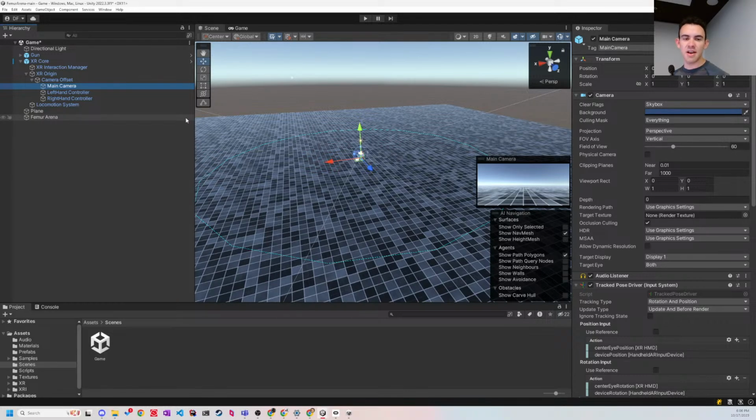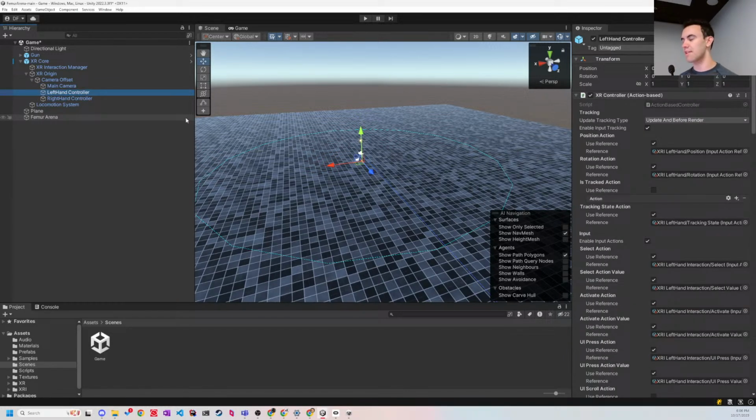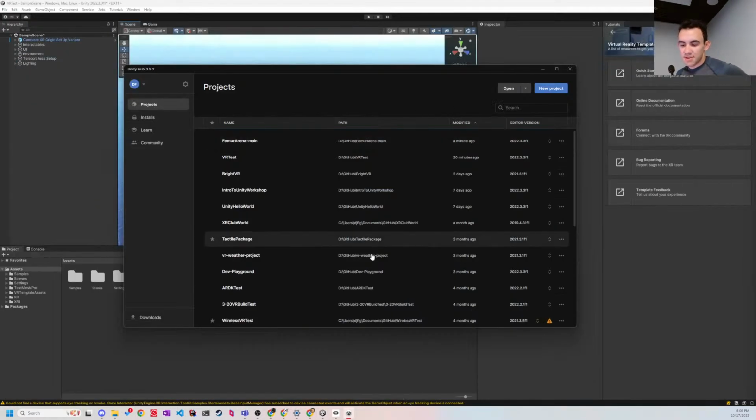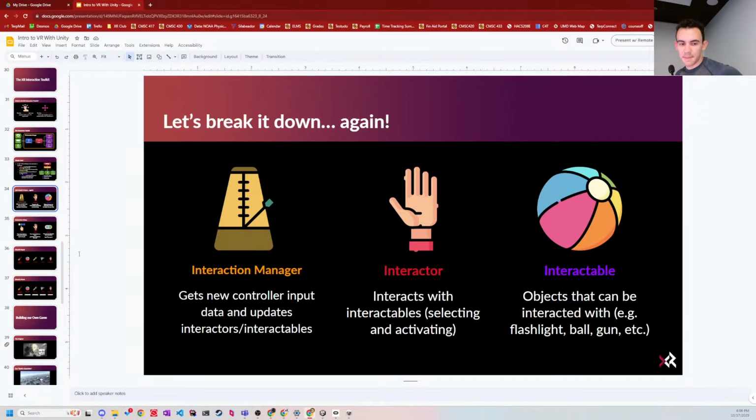So like that. We have your left and right controller, and that, of course, represents the left and right controller within Unity. Oh. I now have 2 controllers. So yeah, left and right controllers represent the left and right controllers through game objects. And so to go back to this slide,